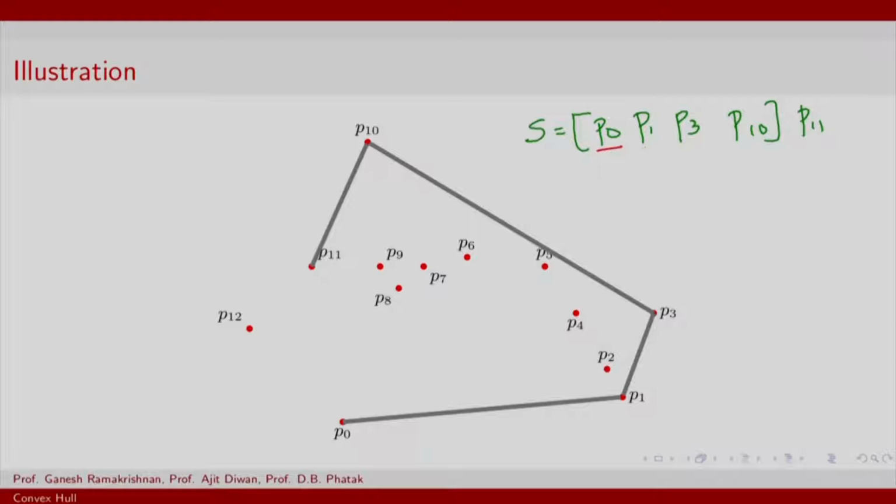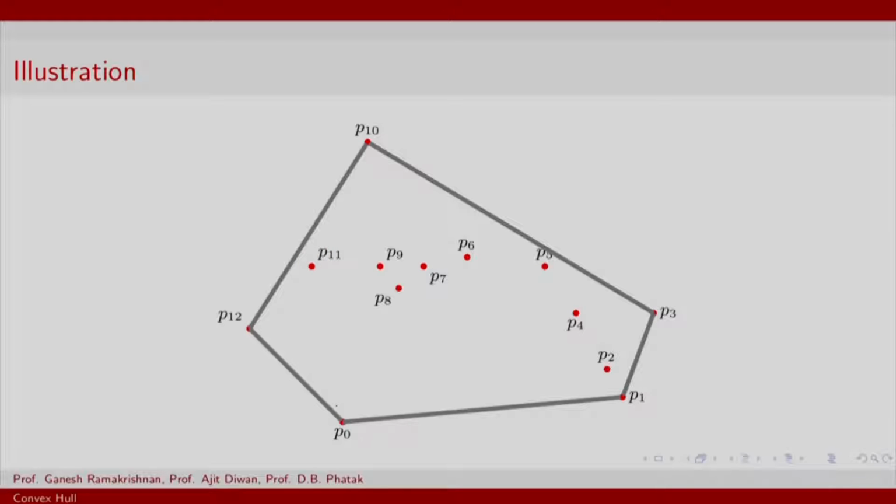The new point that we are looking for inclusion is P11. We know for sure that P0, P1 and P3 are part of the convex hull. The query is about P10 and P11, and yes, there is a clockwise motion around P10, a strong enough case for P10 to be included. Well, P11 will also be included as long as there is a case for its exclusion, and in the next step we find that P11 should be excluded because P12 is oriented counterclockwise from P10 with respect to P11. So we are going to drop P11,